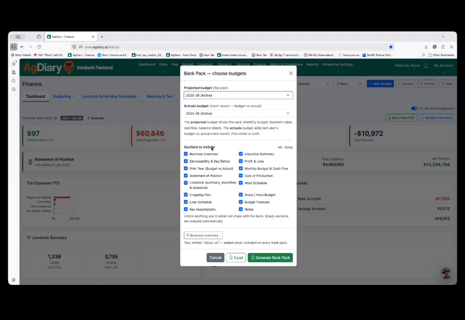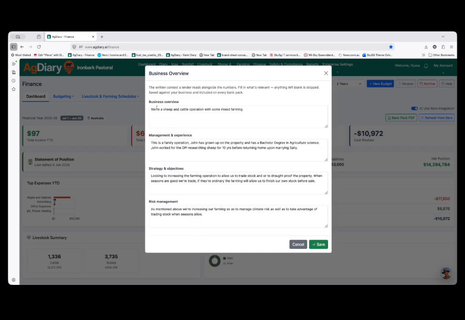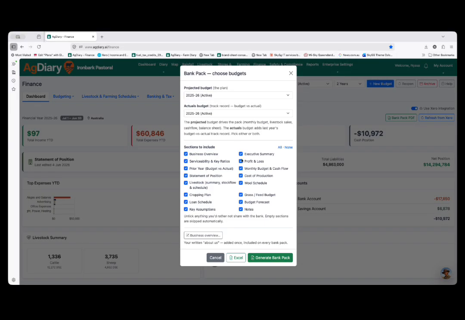So then down here, we've got the sections to include. So here are all the different things that we offer as to what you can include in this bank pack. So the business overview, you add in here. You click on this, and then you can give a basic outline of your business. This is the sort of information that your bank actually needs, and oftentimes they will learn it from asking you different questions in conversation. Sometimes it's just good to have that sort of in there for them. You can save that. And then there's two different ways you can have a bank pack, put into PDF or in Excel if you're wanting to give them a budget that's just in Excel itself. So we'll go generate bank pack